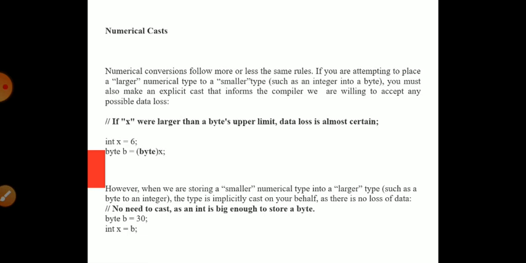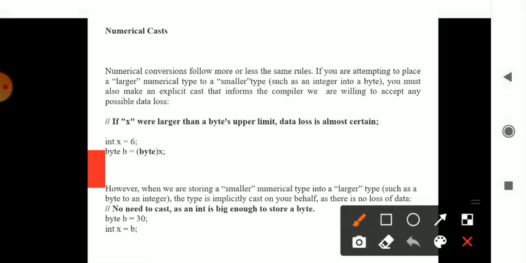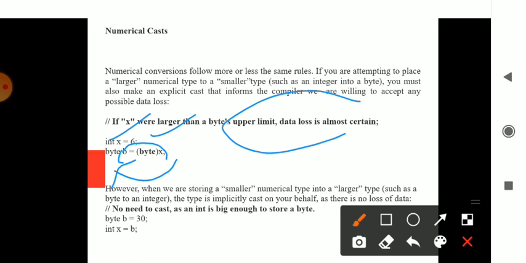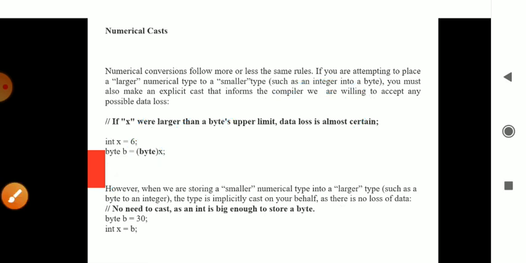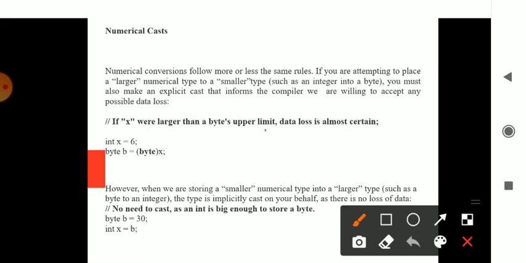In the example you can check out, one example is int x is equal to 6. It is acceptable. The value 6 is put in x, which is of type int. Now this x value is being stored in a byte. Remember, it leads to data loss, as x has more value and the byte has less. Remember, how much does a byte take? 8 bits. Whereas the integer takes 32 bits.